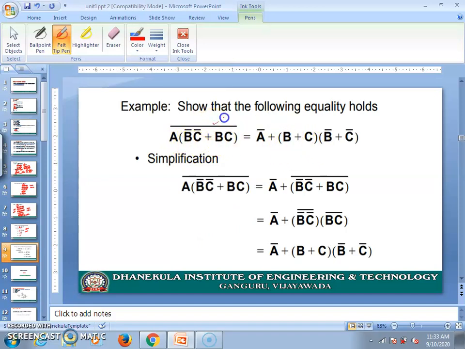Next, coming to another example here. So this is the given example. This is in the form of A dot B whole bar, and that means De Morgan's theorem. I am applying A dot B whole bar is equal to A bar plus B bar. So this is the application of the theorem. Next, again it is similar to A plus B whole bar. So I am applying this theorem here, and A plus B whole bar is equal to A bar plus B bar. Again it is in the form of A dot B whole bar. Again I am applying the theorem. Here it is also A dot B whole bar. Again I am applying the theorem. Finally, after simplification, this is the solution.